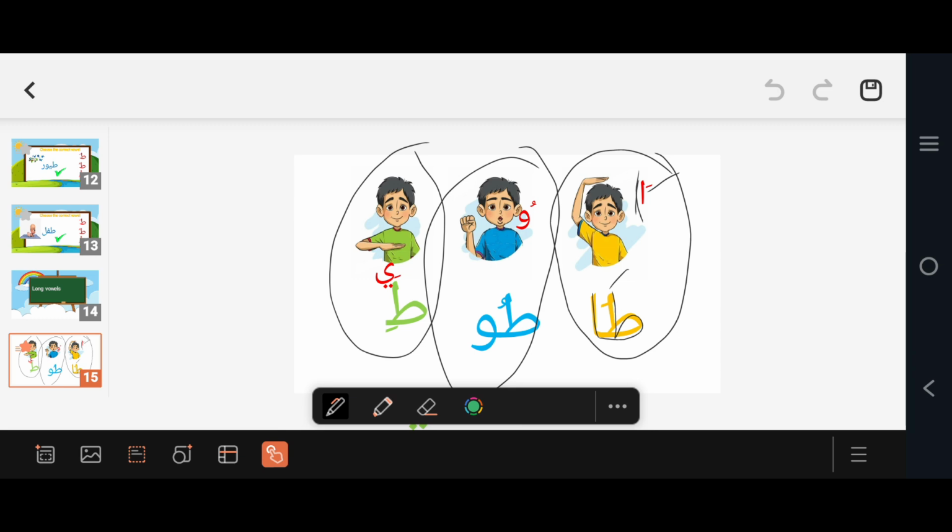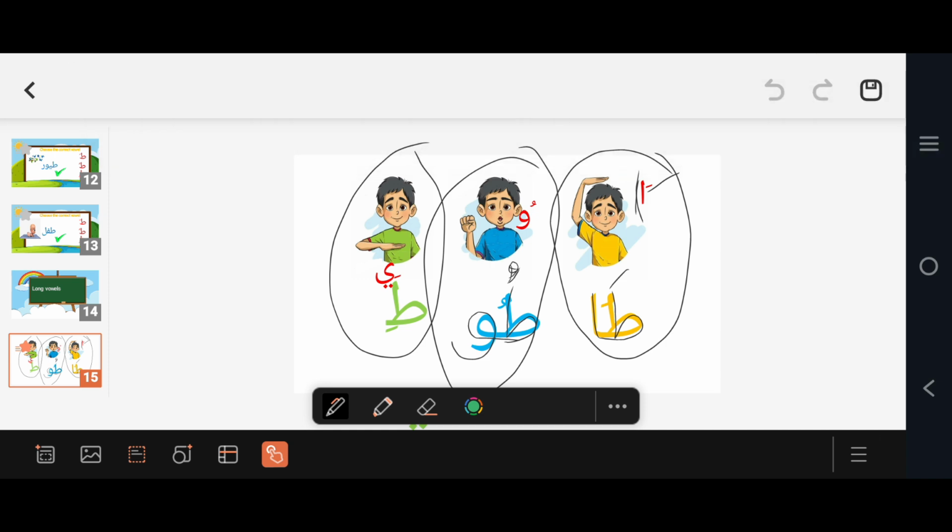The second one is also the same. In the short vowel for ta, we will add only a small waaw, a look-alike small waaw. It will become tu. But when we add waaw to it, it will become a long vowel. Tu, tu, tu. And the last one, here also the kasra is there, and when we add ya to it,